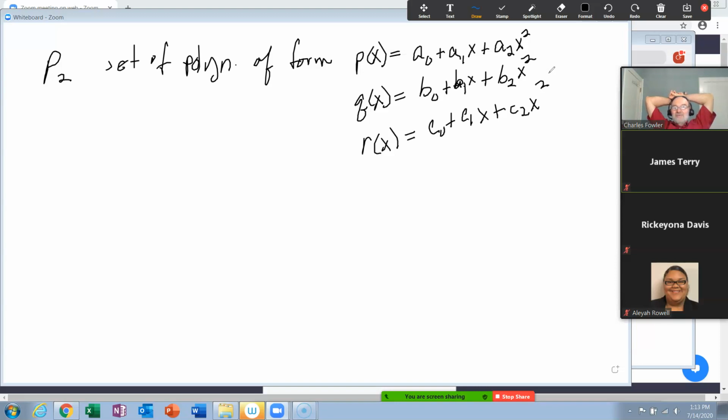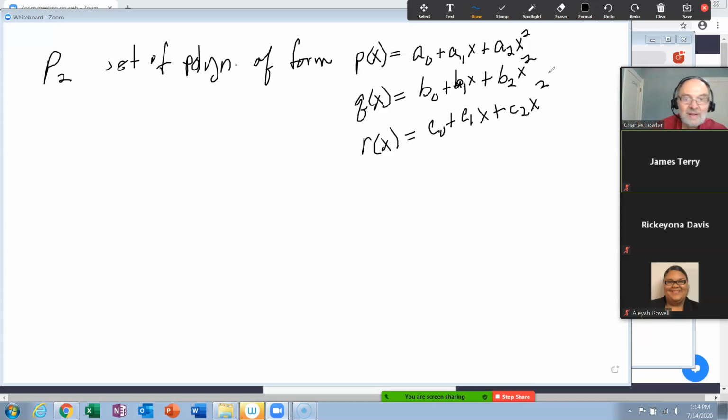0, C, or whatever your first thing. A0 would be 0, A1 would be 0, A2 would be 0. Yeah, that's the 0. Add that to any other polynomial of degree 2 or less, you're going to get the same polynomial you had before. Add the 0 polynomial to Q, you get Q. Add the 0 polynomial to R, you get R. Add the 0 polynomial to P, you get P. Okay? Now, that's the fourth one.